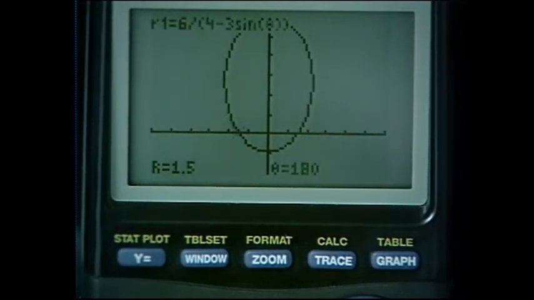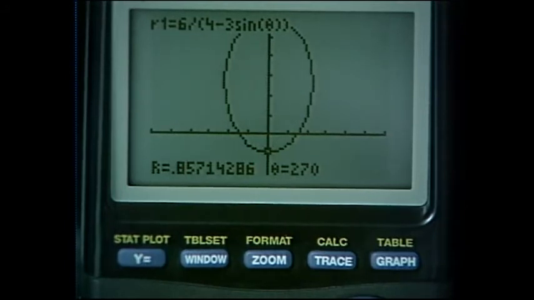We want to go around to 270 and check out the R distance, and if the R distance is 1, our conjecture is verified, but it is not. It's not 1. R is 0.857 and so on. So it is not the case that the vertex is in between the focus and the directrix, at least not for